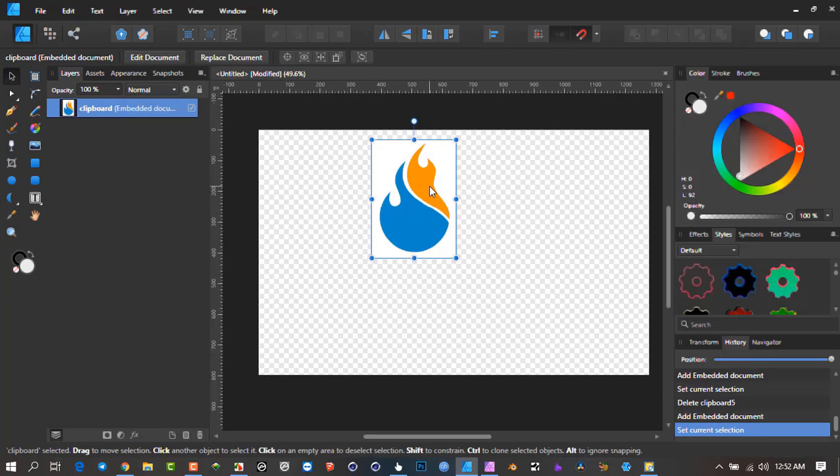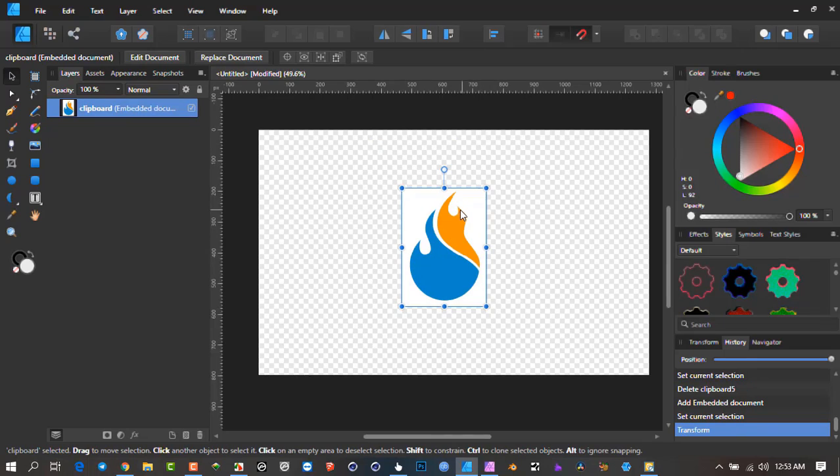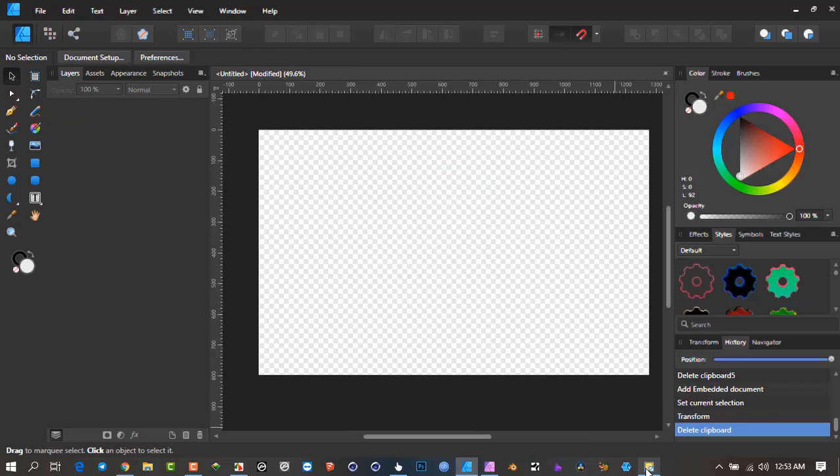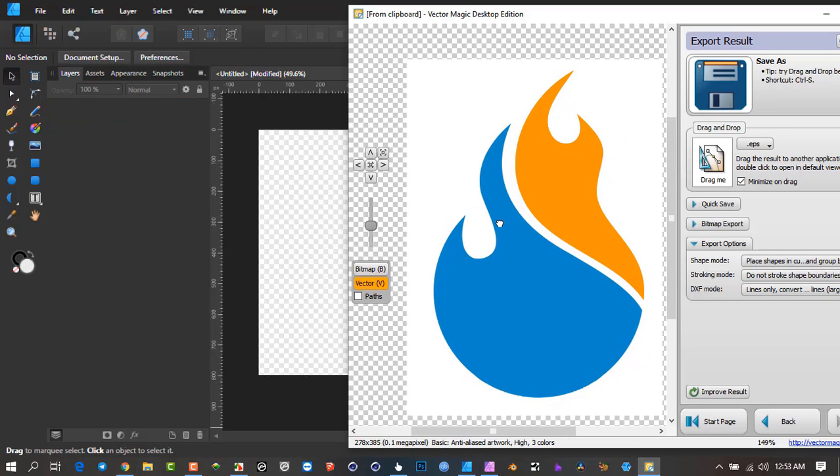Okay, if I come in here, notice what has happened. It's come with the white background. Now I can go through the process of clearing the white background and everything, but really, again, this program, Vector Magic, is designed to clear these single colors. So why not use it? So I'm going to delete that, go back to Vector Magic, and